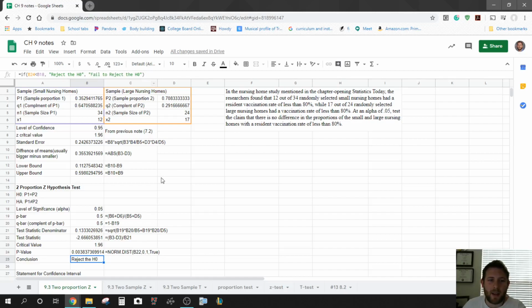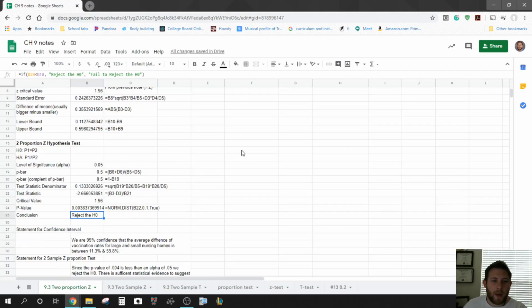So I have an if statement, so I can essentially do all this calculation, and at the end, Google's going to tell me automatically whether I reject or fail to reject, which is, I think, a little nicer. You have a lot of front thinking, but at the end of the day, the problems will be a lot nicer. So the way we interpret that at the end